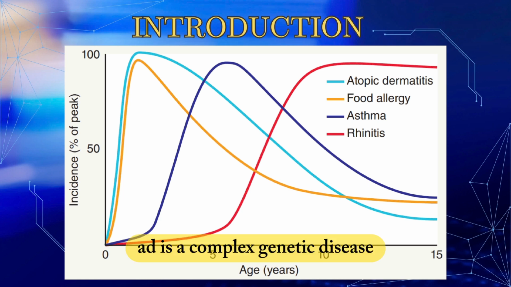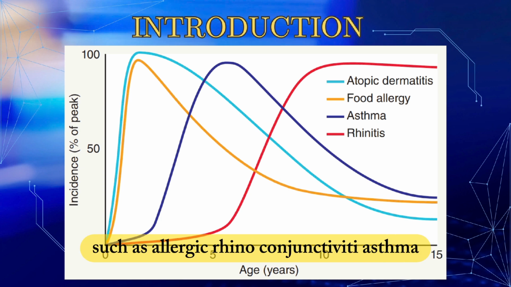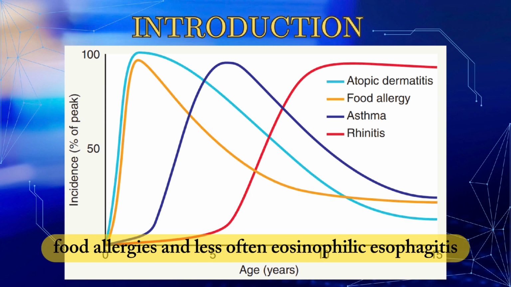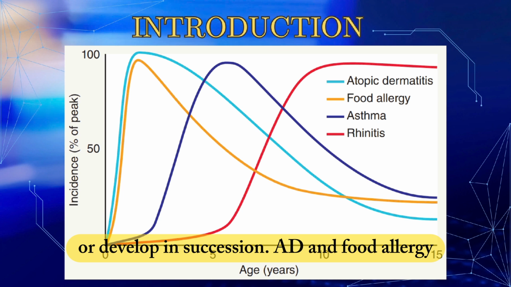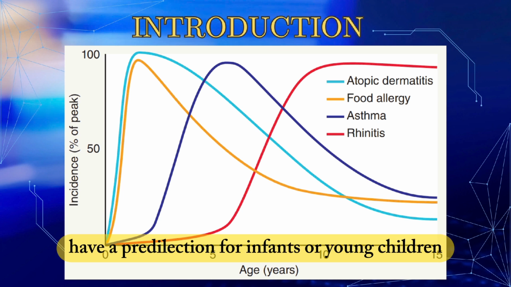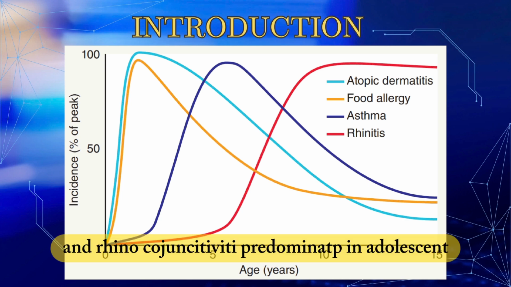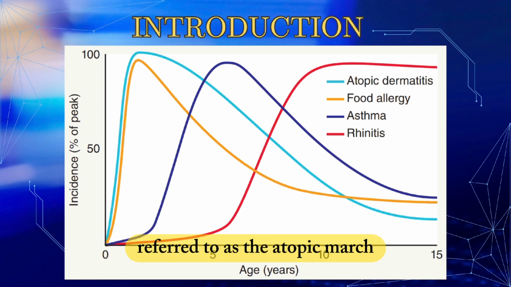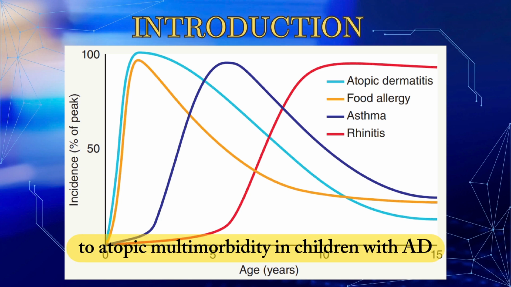AD is a complex genetic disease and is often accompanied by other atopic disorders such as allergic rhinoconjunctivitis, asthma, food allergies, and less often, eosinophilic esophagitis. These conditions may appear simultaneously or develop in succession. AD and food allergy have a predilection for infants or young children, while asthma favors older children, and rhinoconjunctivitis predominates in adolescents. This age-dependent sequence, referred to as the atopic march, represents one of many potential pathways to atopic morbidity in